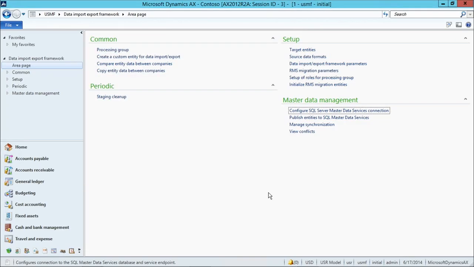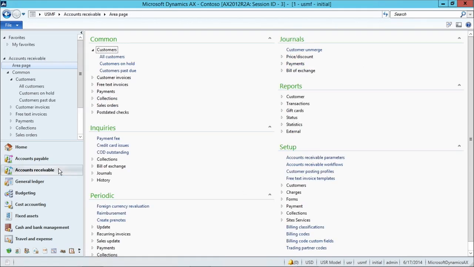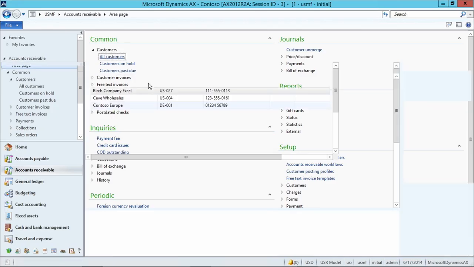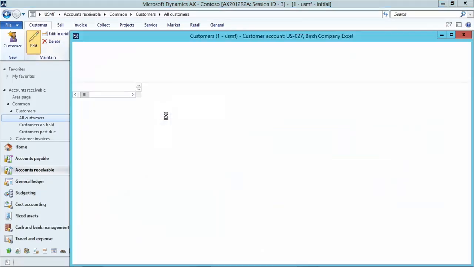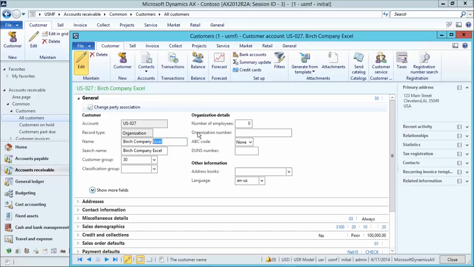So now let's create a conflict. What we're going to do is update the name of the customer in AX, and then update the name of the customer using Excel. And then we're going to synchronize the changes to see if there are any conflicts. First, let's update the name of the Birch Company Excel from within AX. I'm going to edit this record and change the name to Birch Company AX